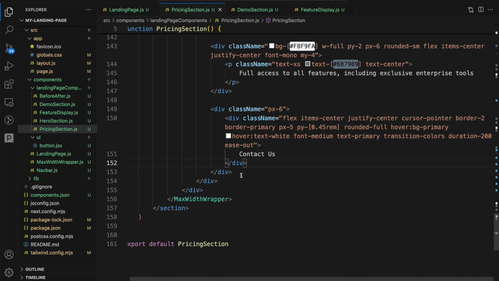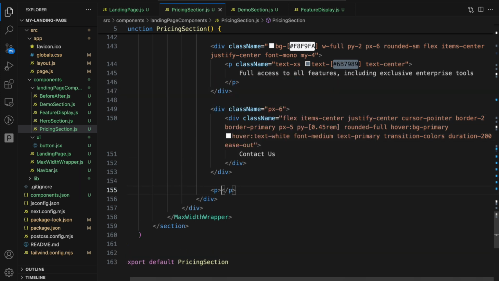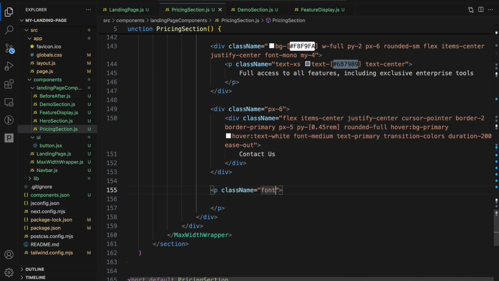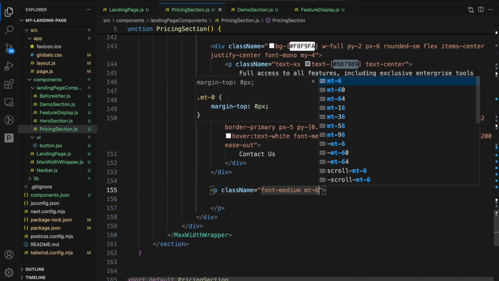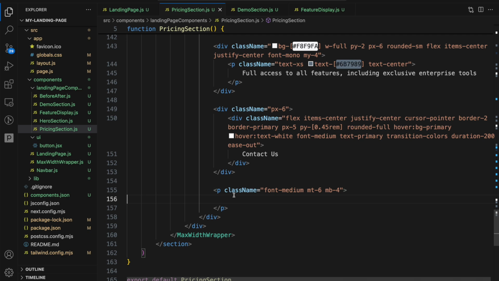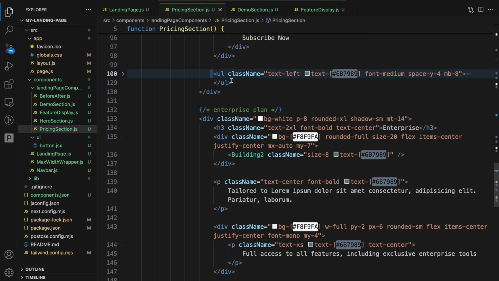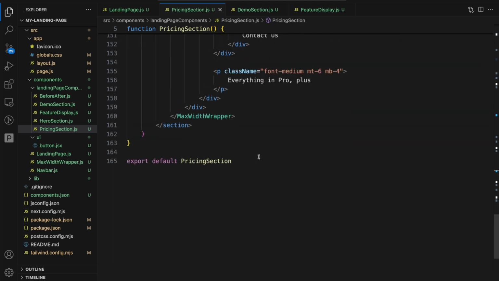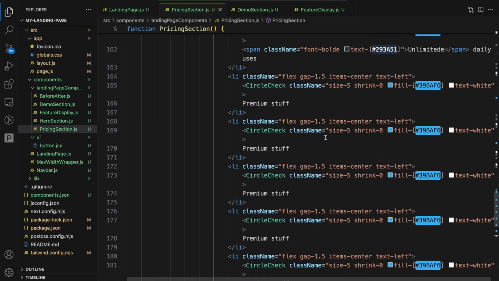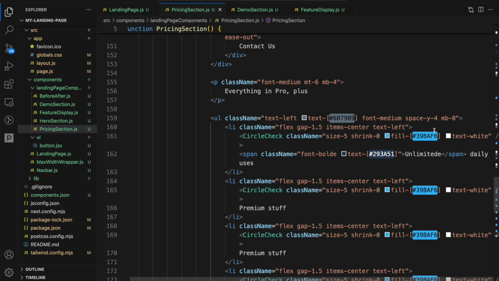And below this div, another closing div, open a p tag with a class name of font medium margin top 6 margin bottom 4, and in here it says everything in Pro Plus. And then because it's similar to the Pro plan, so we can just copy this entire UL element. Let me copy that, then paste it just below this p tag. And then let's change the wording a little bit. Let's change that to